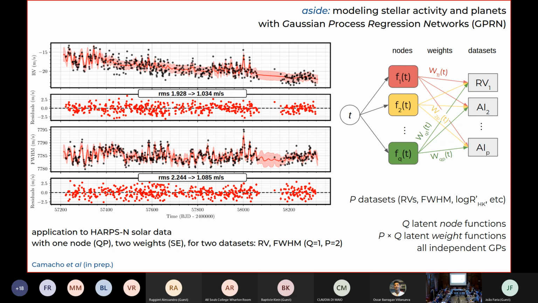You see here, we are using a simplified version of this regression network with just one node: a quasi-periodic kernel and two weights with a squared exponential. And you see here how it models the radial velocities and the full width-half maximum of the HARPS-North data, the 3 years of data. The advantage of this